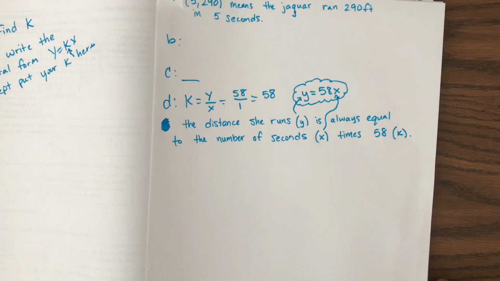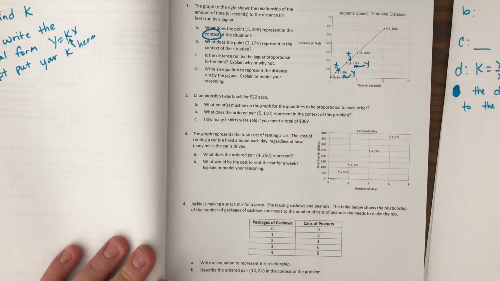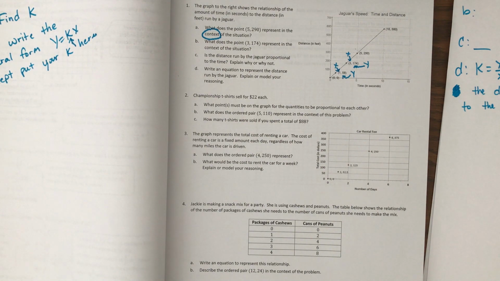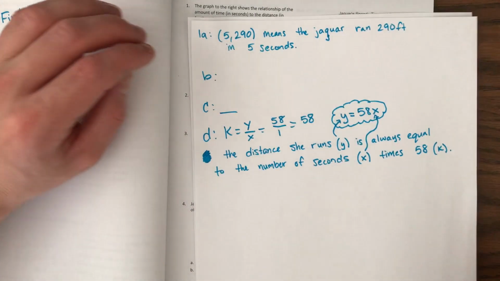All right, let's look at the next one. Championship t-shirts sell for $22 each. What points must be on the graph for the quantities to be proportional to each other? So essentially they just want you to come up with some points that would be on a graph if you have